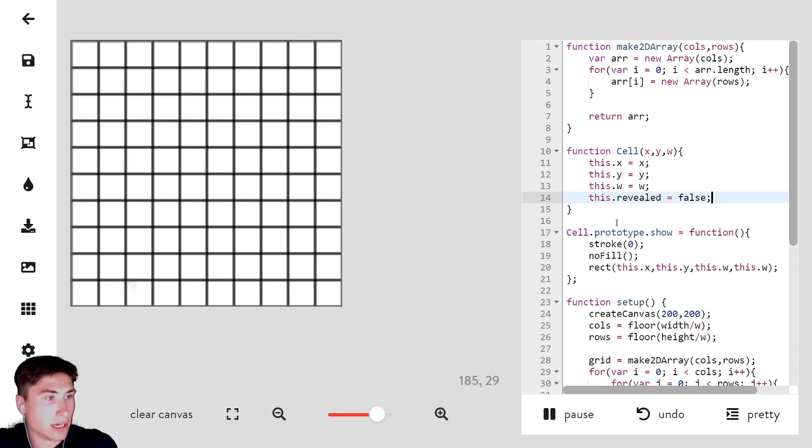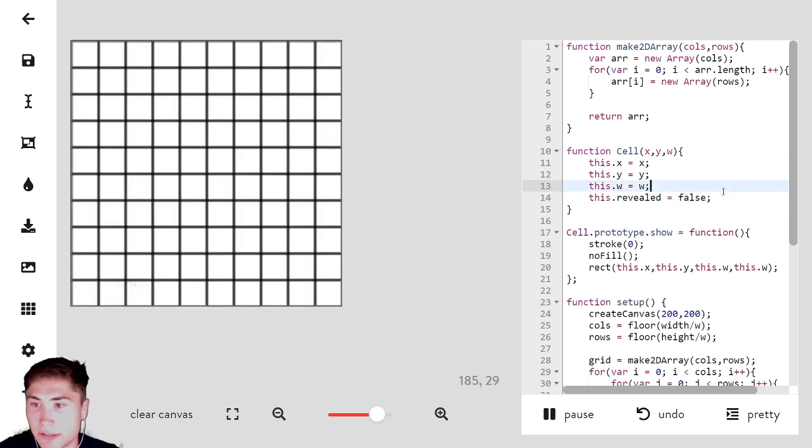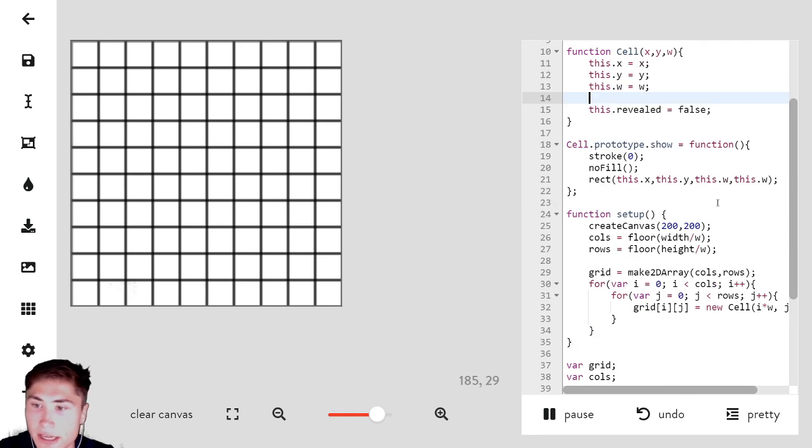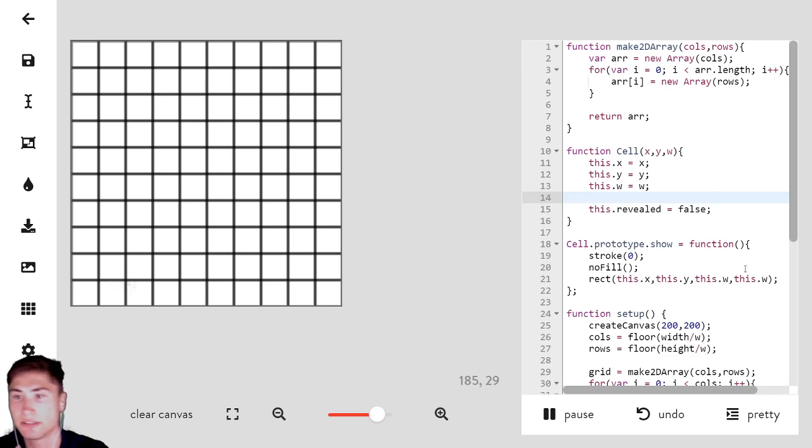Cool. And then let's also make a mine. So we'll say this.mine equals... Actually, let's not do that. We'll just stick with this.revealed equals false, and then we're going to need to make a function for our cell object